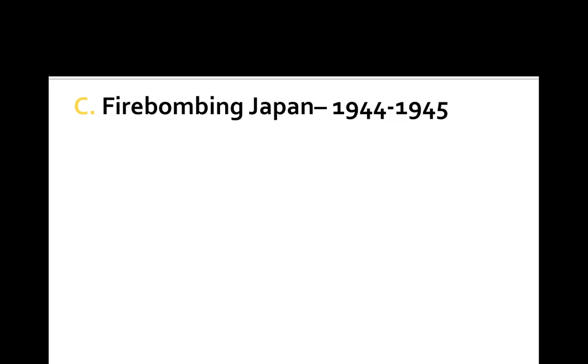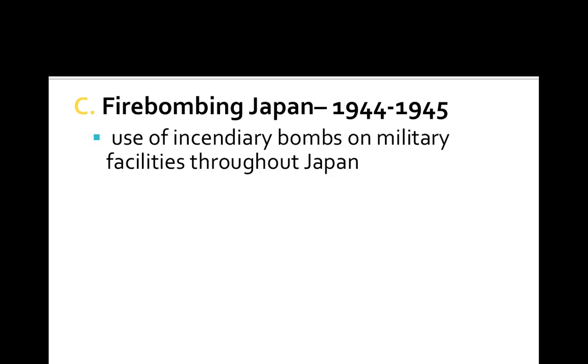Okay, so one more thing should be noted about the Pacific Campaign, and that's, again, the aerial bombing of Japan. The United States begins to bomb Japan as early as 1944, and then that bombing really picks up in 1945. And the United States figured out that they can use incendiary bombs on military facilities to maximize destruction in Japan. An incendiary bomb was really a new technology for the United States. It was essentially a giant pipe bomb that had been filled with napalm. And when it hit a target, it was incredibly difficult to put out the fire caused by the napalm. So it was much more effective, much harder to put out than a traditional firebomb. And the result was